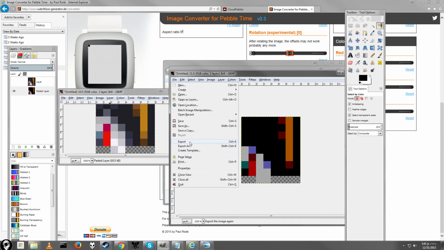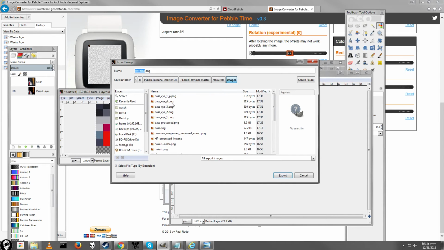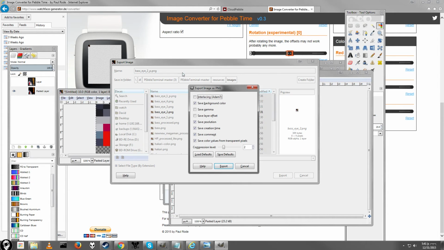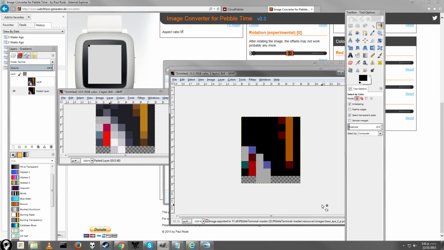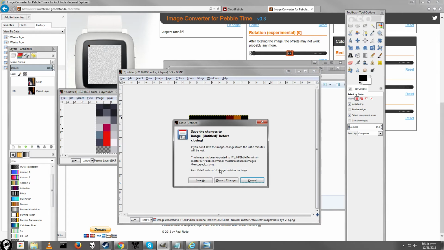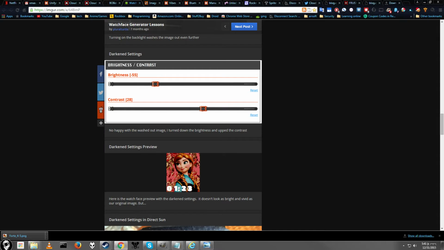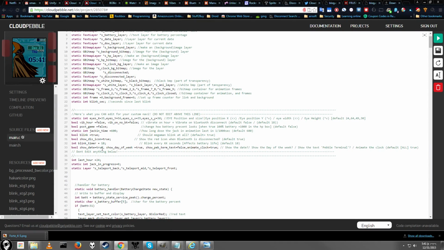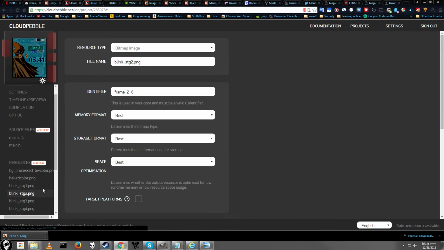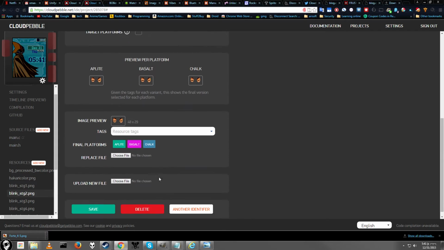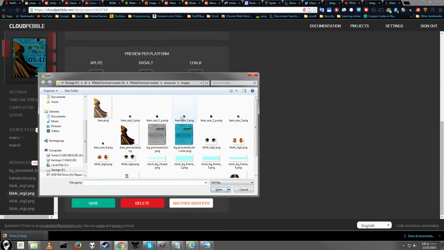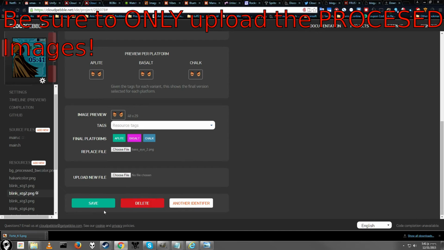So we're going to go ahead and export this as base I2 _P for processed. Again, you can name it whatever you want. I'm just saying this might be easier. Alright, and next thing we need to do is import it into our Cloud Pebble. So here we go, Blink Stage 2. And replace base I2, save,